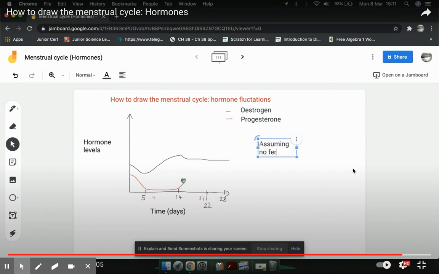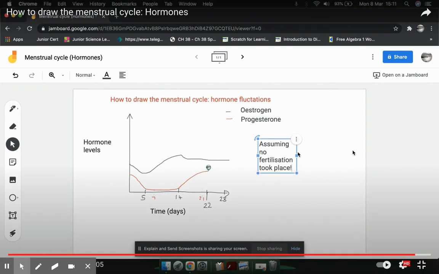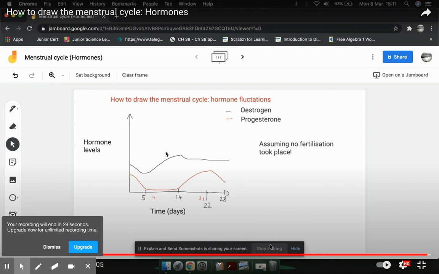And the next thing then is the progesterone. Progesterone, remember, is something that's produced by the corpus luteum itself. Okay, so the reason it's produced by the corpus luteum, remember, is to maintain the lining of the uterus. Okay, so it's there to make sure that implantation can happen. So if you look at it, the corpus luteum in the previous cycle would have basically shriveled up and died by day 28. So we're now going into day 1 to 5 here,